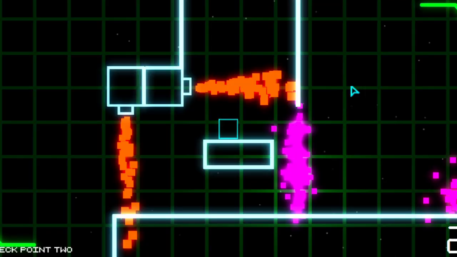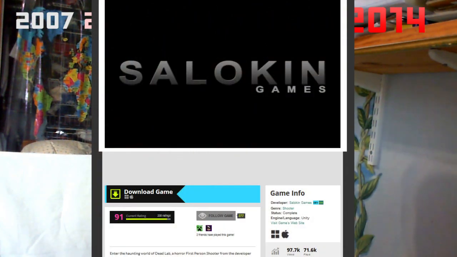I map my games to controllers, so I hook it up to my TV. I plug that into the laptop, and then I plug in a controller to the laptop so I can play on the big screen, and that is so much fun. Then I do web application, like web player games, and you've seen Night Shift and Dead Lab and Island Voyage and Code Black. Those are all going to be in the description.